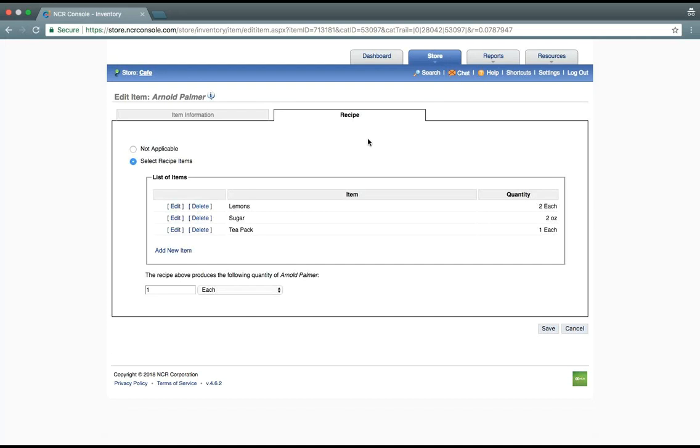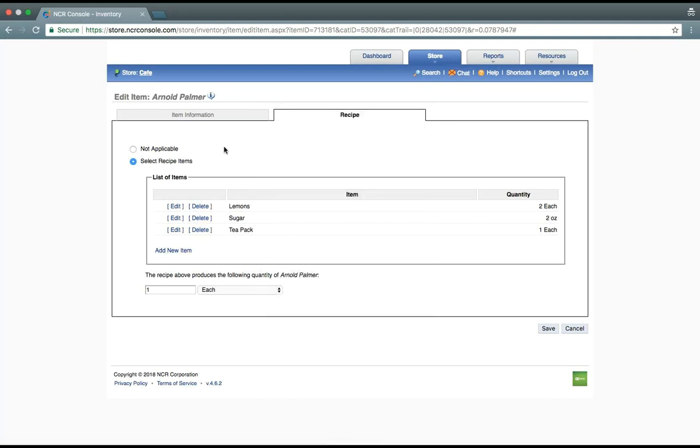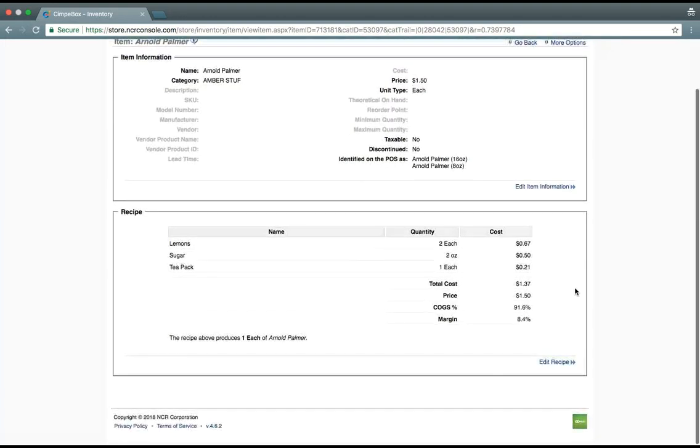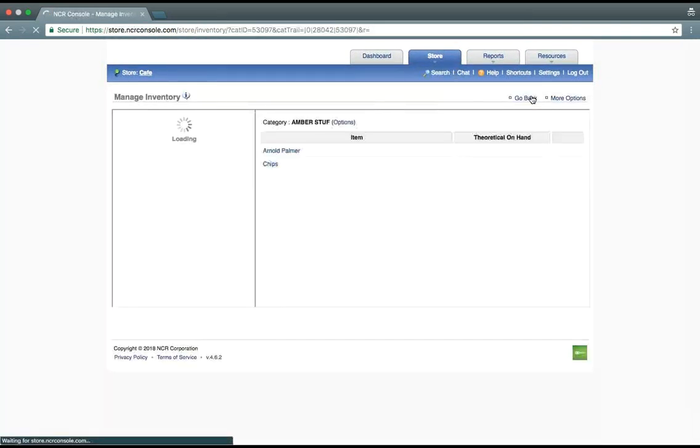The recipe itself is put in here under the Recipe subtab. You can hit Add New Item and then pull from the raw ingredients listed within the system. Once you put in these raw ingredients, you will then see the recipe listed here. Now, at first, you may not see the total cost because we're not done yet. The total cost is only put in the system after you take your inventory. So we can go back